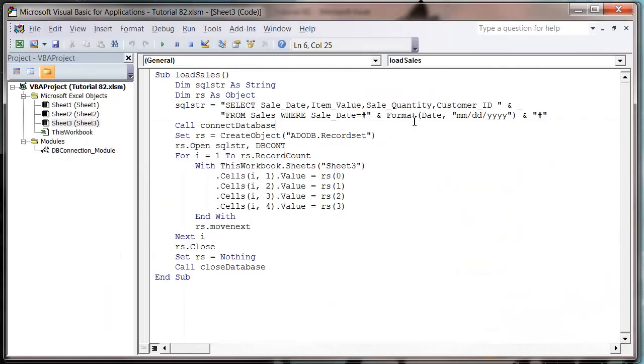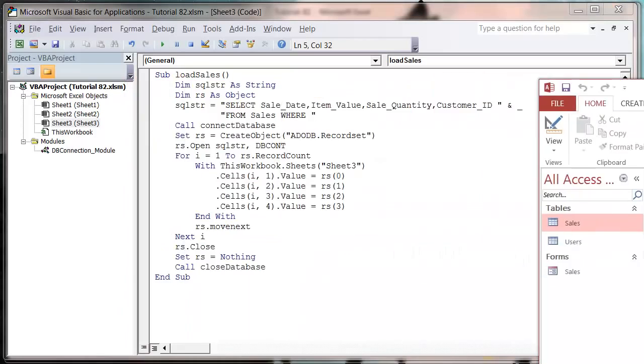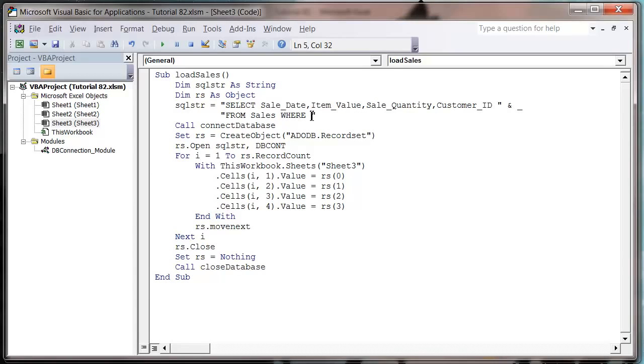So in our code, we're going to manipulate the sales date. So let's remove all this bit. And we put in here, we put where, and then we still put our field that we want. So I'm going to put in sale underscore quantity. So where sale underscore quantity, and then instead of writing equals we put between. Notice how it's in capitals because it's an SQL keyword, and then we put in our two values that we want it to be between. So I want it between 1 and 4,